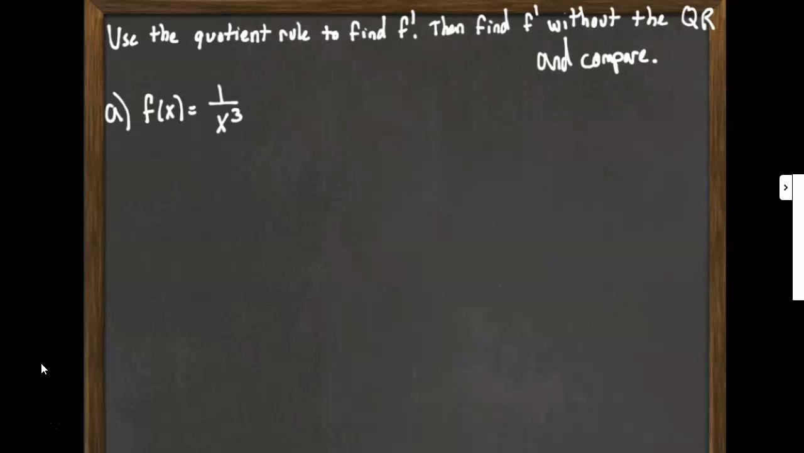But here I want to do it with the quotient rule just to get an introductory example to practice the quotient rule with. And then we'll move on to more complicated examples, just to get the process down. So recall from the notes that the quotient rule